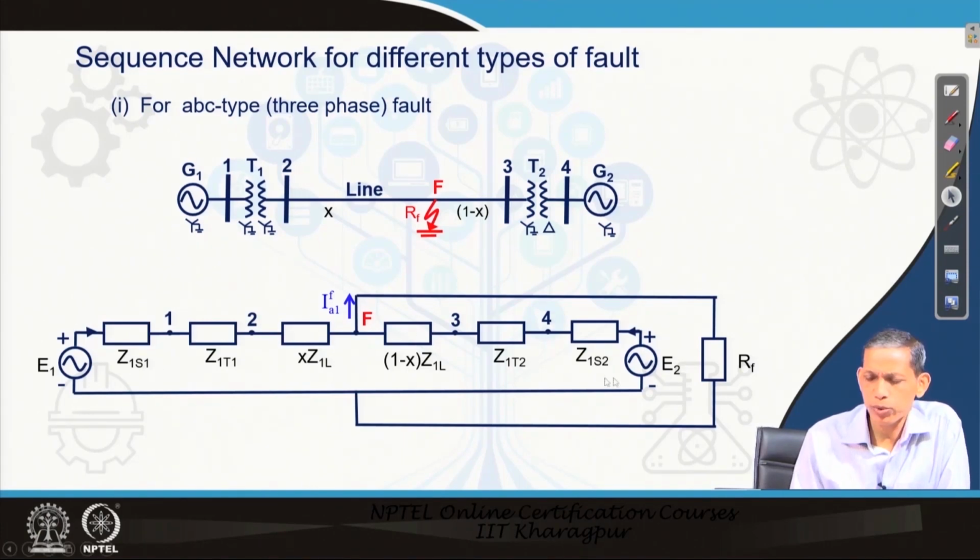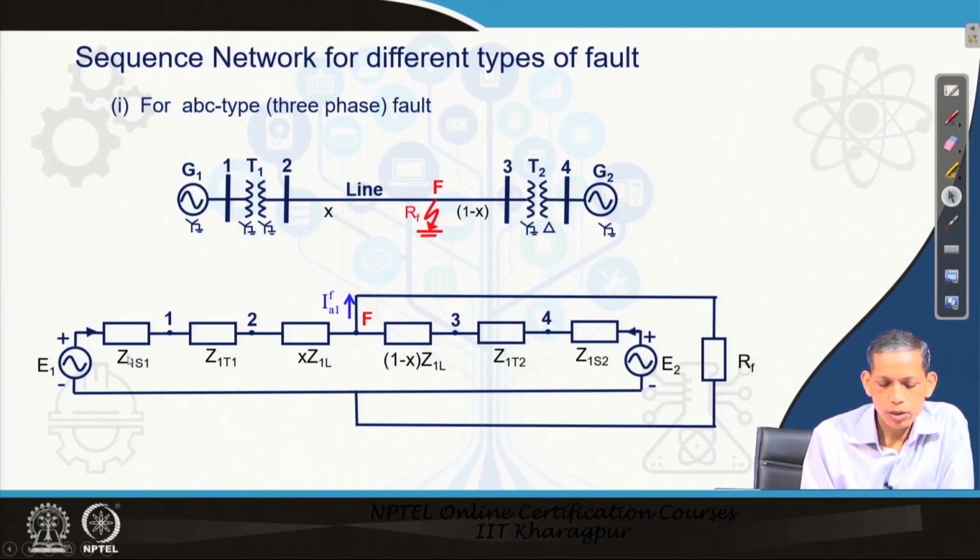So, we have only the positive sequence diagram, and the corresponding fault path has a fault resistance of Rf. In this fault path, an Ia1 fault current flows, and we do not have any negative sequence or zero sequence current in this case. So, now if you would like to analyze the corresponding system, if you see here, this